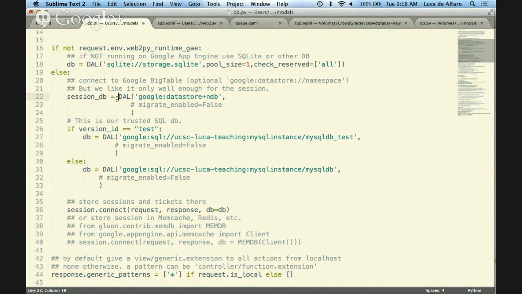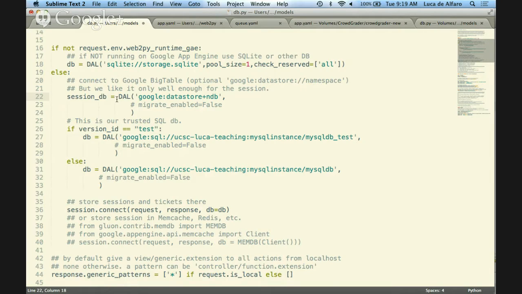What am I doing with this session DB? When you deploy your app, every single request that you have will contain a cookie. Even if the user is not logged in, there is this session, and Web2Py gives the user a cookie. You can see that it's there, and the cookie contains an ID.